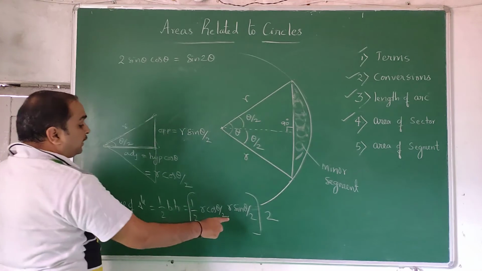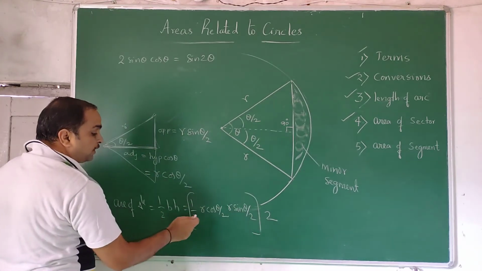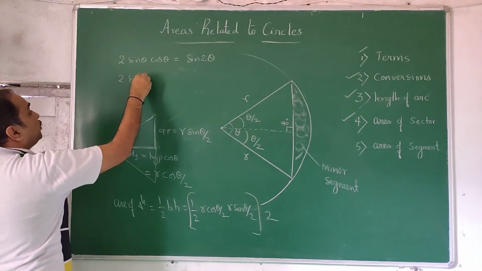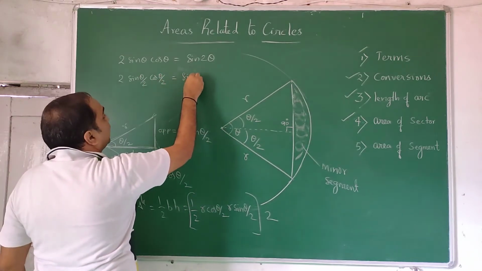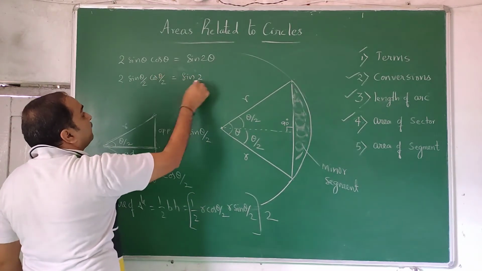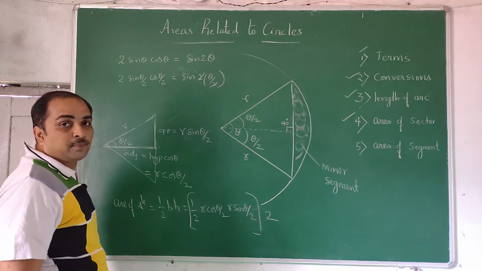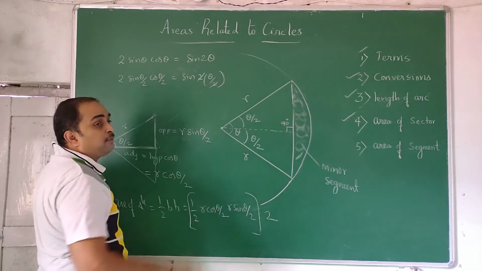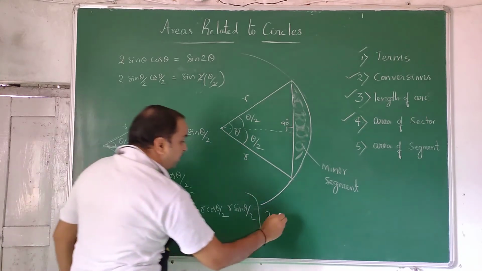So, instead of that, now what you have? 2 times of, we have here r and r square by 2 in times of this. So, 2 sine theta by 2 cos theta by 2 is there. That can be written as sine times of 2 times of the inner angle theta by 2. 2 gets cancelled, you will get sine theta. Full angles you take, double angle you will get. Half angles you get, take double half you get it. That is 1. So, using this formula, what you can do is